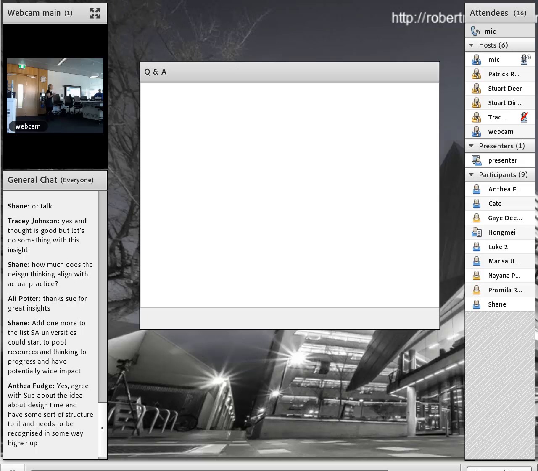I think the key to it is maybe changing the contract. Changing that relationship to: I'm not coming in here to just help you do this thing for this subject unit. I'm coming in here to help you develop a particular skill that you're then going to take off with. Some of that might have happened if you've got a really good relationship with somebody, but I don't think it's been an explicit part of the bargain. Maybe that's been the way academic development has worked, but not the way design support has worked.